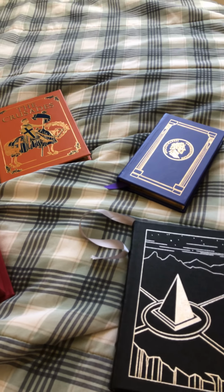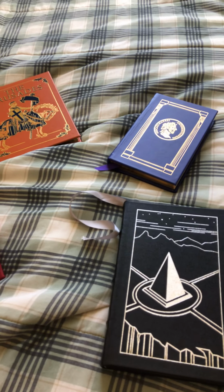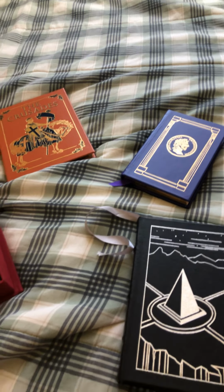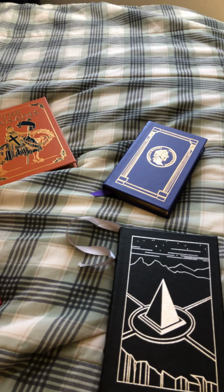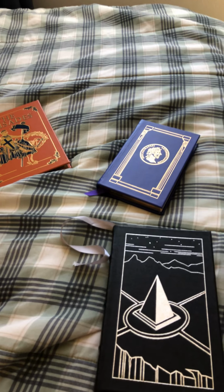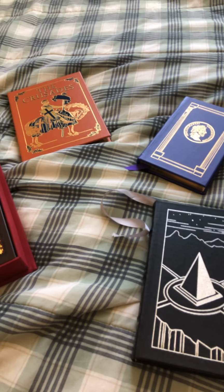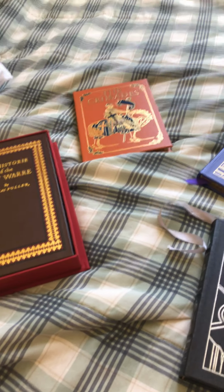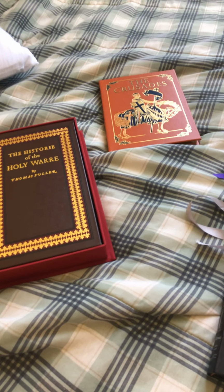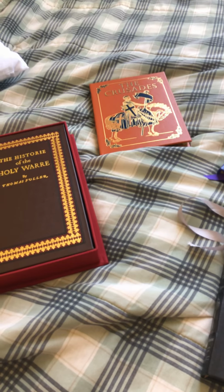Not only can you get the entire collection relatively easy, it's a new library. So imagine if Easton Press had just come out and you had just started picking up their books. You'd have almost the entire collection right now. As of right now, Easton Press has like hundreds of books. Most of them are out of print. You'd have a very hard time hunting all of them down, and you wouldn't want all of them